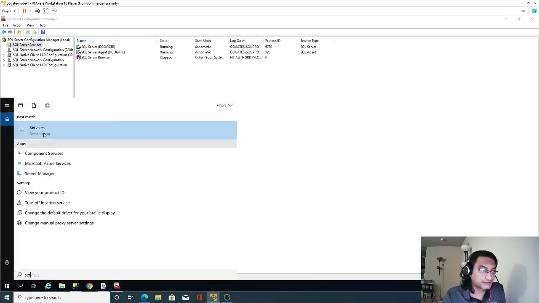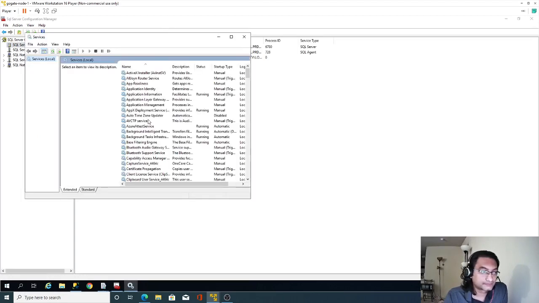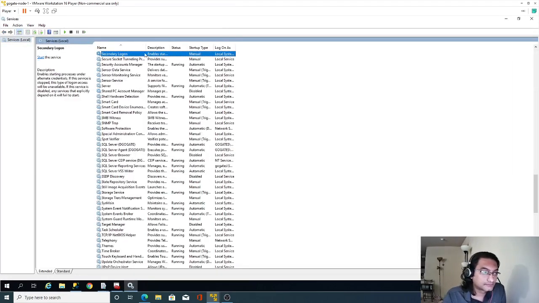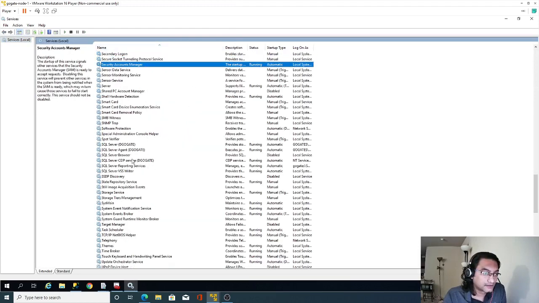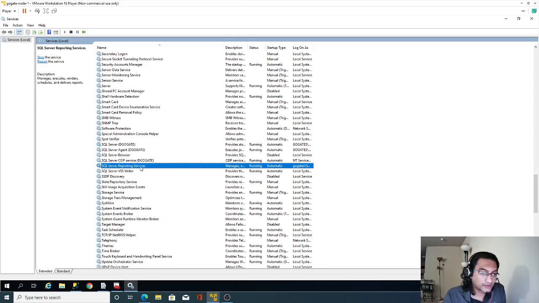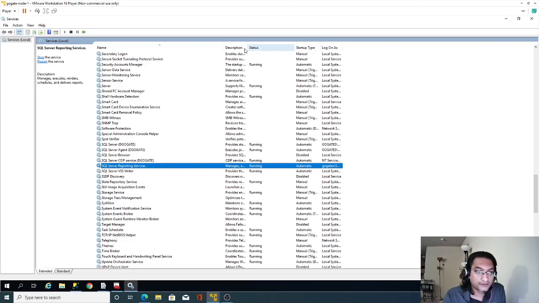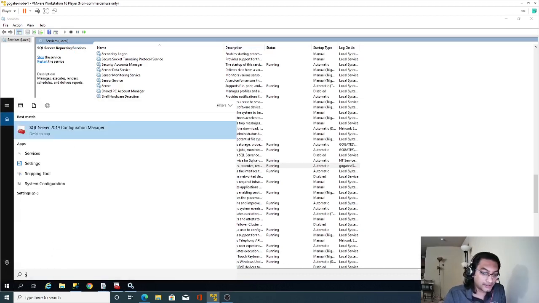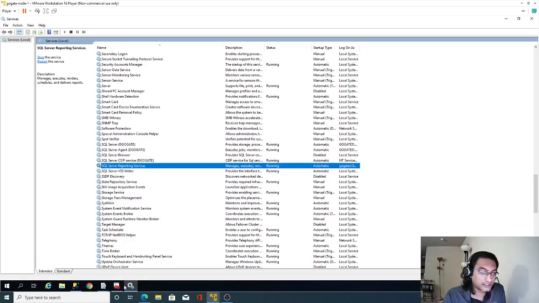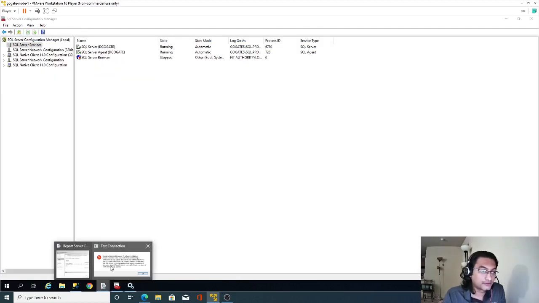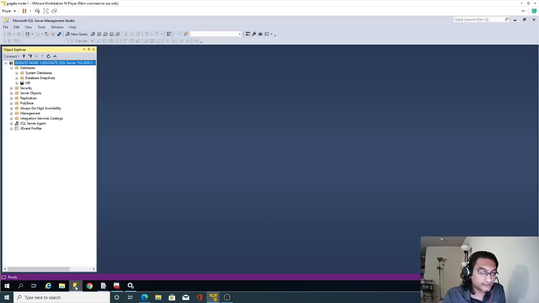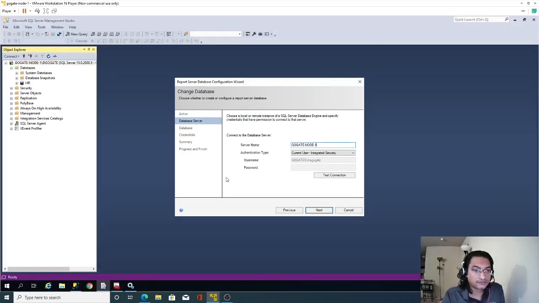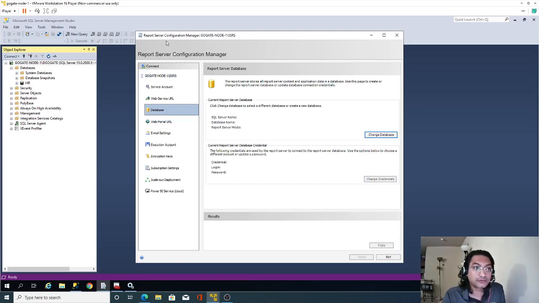If I go to services, SQL Server Browser, there is no reporting services, and it is currently running. In SQL Server Configuration Manager I don't see that, but it is there in Reporting Service Manager. That's why I am able to connect here. This one failed. So basically reporting service is running, and that's the reason I am able to connect to the report server configuration manager.